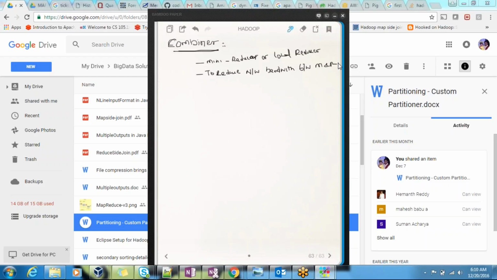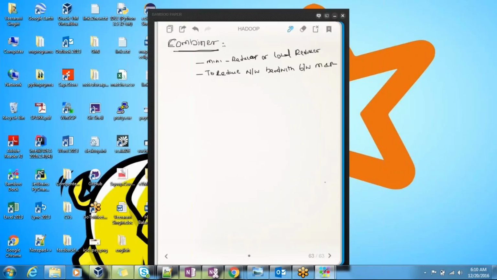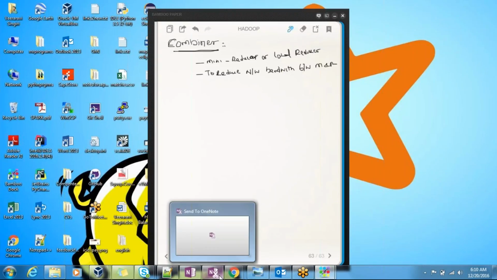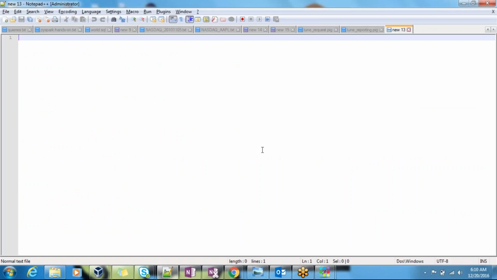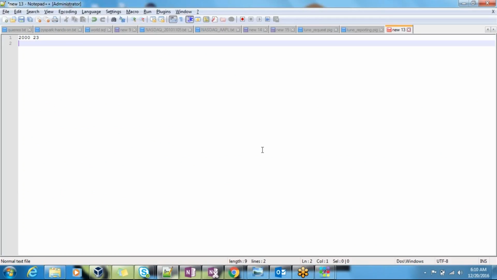Let's take a simple example. I want to find the maximum temperature in a given year. Let me take some sample data, say the last 10 years. In 2000, one time it was 23, and one time it was 45.